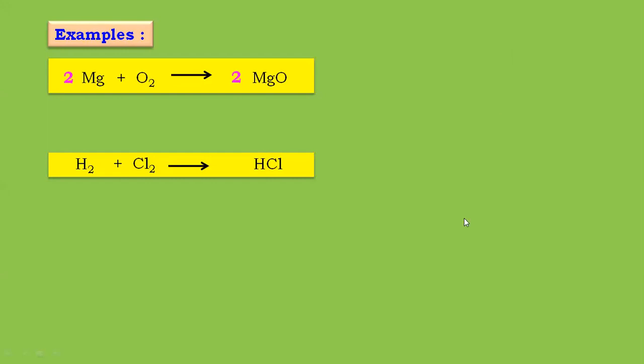Oh, the answer's already come here. Okay, no problem. H on the left hand side was 2, so on the right hand side I multiplied it by 2. Again, because of which the bajuwala got affected, which is already 2 on the left hand side. So don't make a mistake here by putting 2 again. In the left hand side, chlorine is already 2. You don't have to put 2 more. If you put 2 more, it will become 4. So that is again an error.